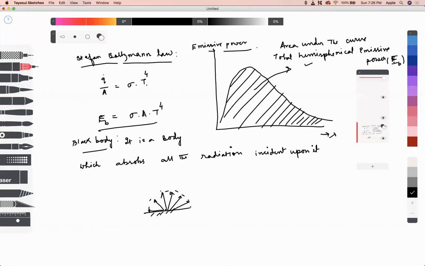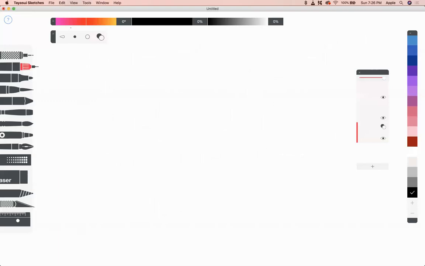But let's say I'm interested in how much radiation is coming out at a wavelength of 4 micrometer. How can I find that? Because the Stefan-Boltzmann law does not answer that. It just says what will be the total energy output from the surface. But at one particular wavelength, how much energy is coming out? How would I know that? In this respect, we have something called Planck's law.